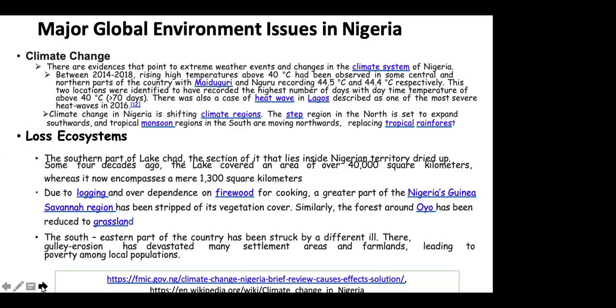Then those of us that live in Lagos, once in a while we have heat waves. Lagos can be very hot. There's a lot of ecosystem loss too. There's a lot of felling of trees now for building, right? So we're losing some special trees, and we're losing some animals too because they depend on those trees. Logging and a lot of these things can cause us a lot of problems. Okay,